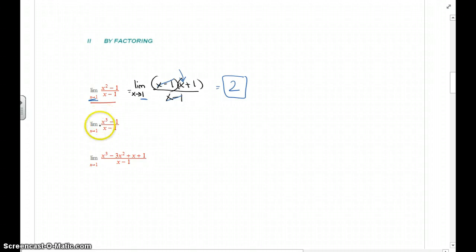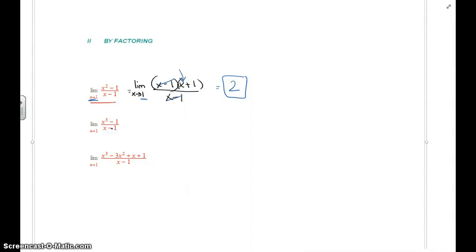Okay, so we got another problem here. We got x cubed minus 1 over x plus 1, x minus 1. If we plug in 1, we already know without even writing it down that we're going to get 0 over 0. Do not write DNE, but I'm going to factor, and if you don't remember how to factor differences of